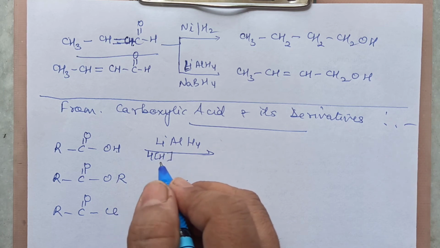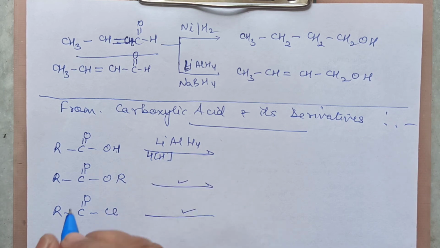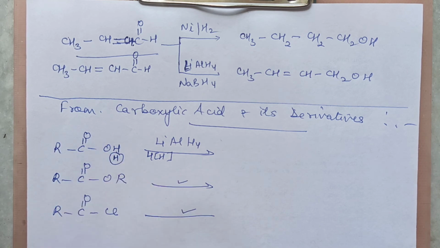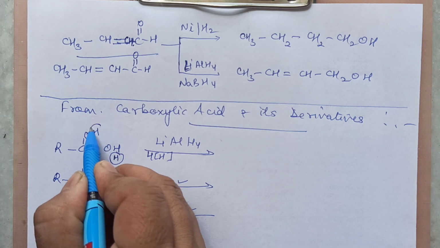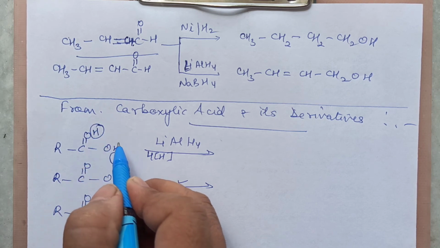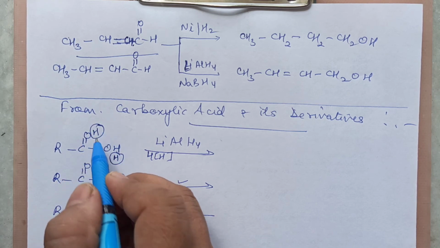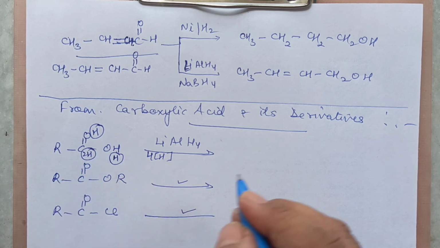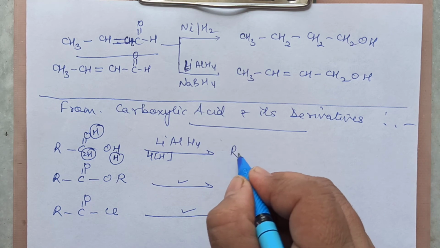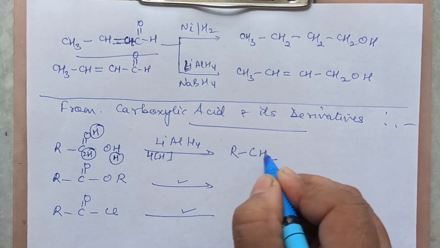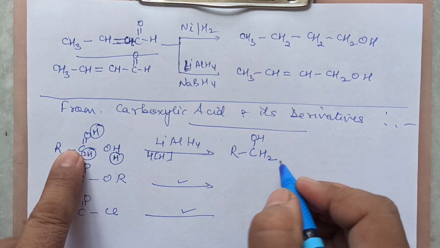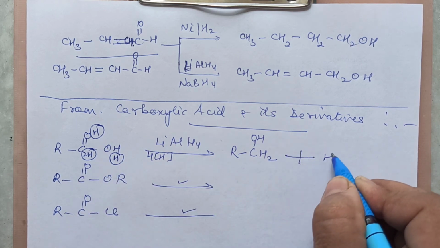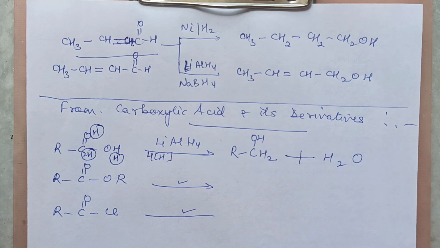So it is very simple to write the product. There are 4 hydrogens, no? One hydrogen you will write here, this will form water. The second hydrogen you will write here. What I am adding on, I am writing in a circle. This will form alcohol, and the remaining 2 hydrogens you are going to write here. This will become alcohol, so it will be R, C, H2 and OH. So 2 hydrogens here I have written as H2. And this bond will break from here, plus you will get water.